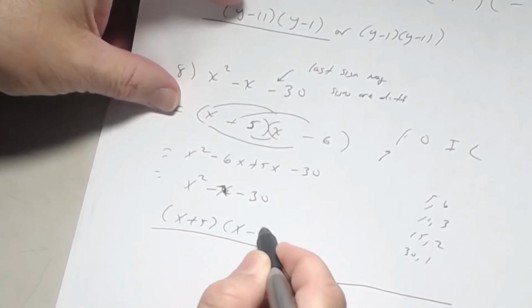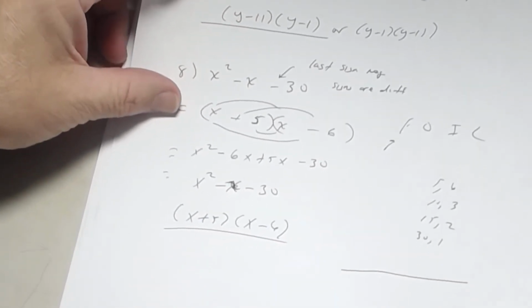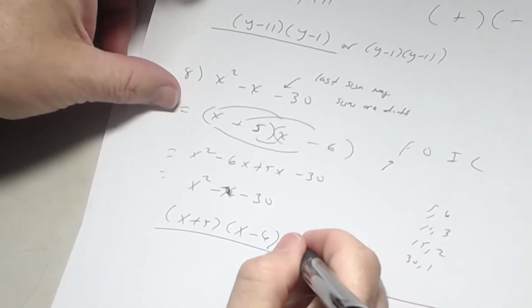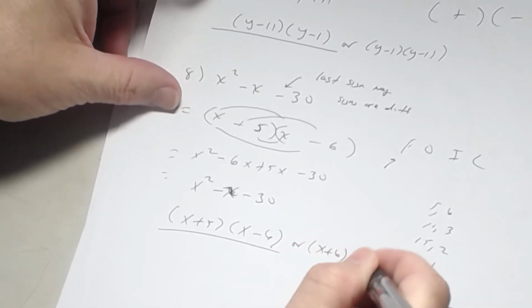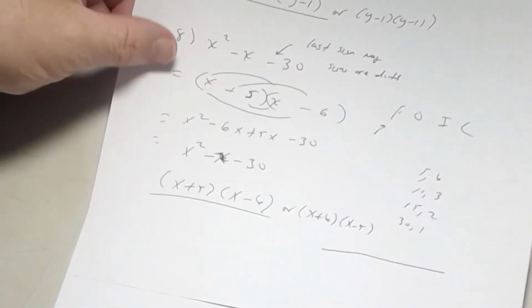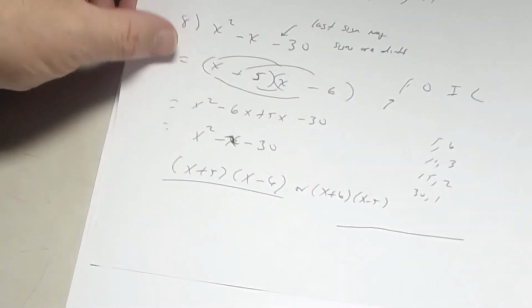Yeah, up there with circled. x plus 5 times x minus 6. Or someone could have said x plus 6 times what? But here's the point, though. What if someone else had done this and instead had said,